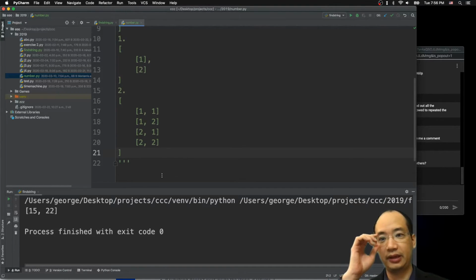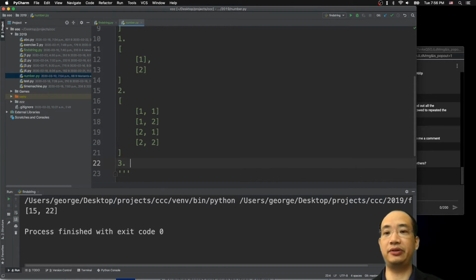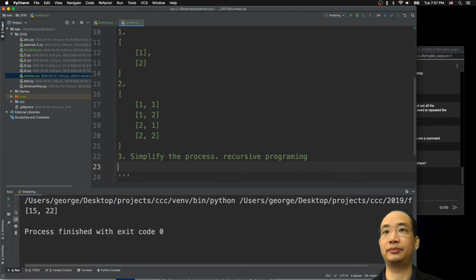Okay. And then we will see if there is a way to simplify the process, which means we are going to use recursive function programming to simplify it. Okay. And then after that, I will leave you to do it